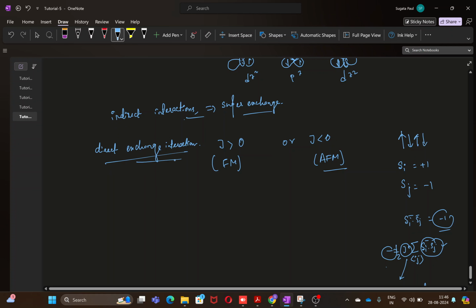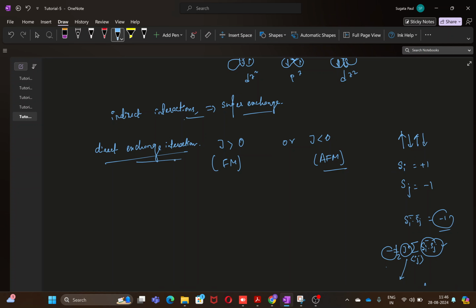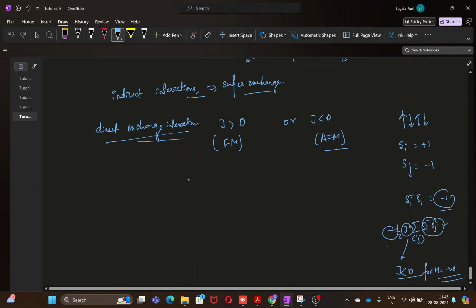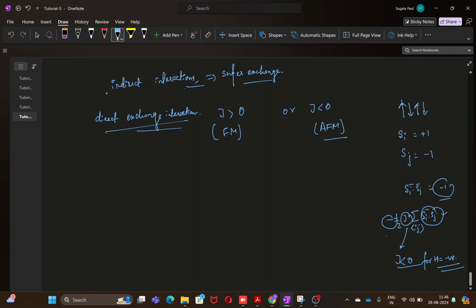And in the Heisenberg model, as it is mostly modeled based on a ferromagnetic system, that is why option 1 was correct, that it is based on J greater than 0. But it is sufficient to know right now that super exchange interaction mostly prefers antiparallel alignment of the spins, like antiparallel alignment of the